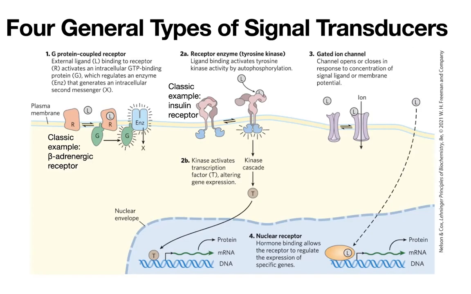We also have our gated ion channels where things are going to open up in response to a stimulus. And we have things like steroids, which can just go directly into the nucleus and bind to receptors there to alter transcription. There's still a lot more that I didn't go into, but